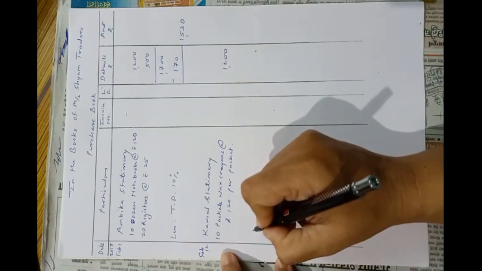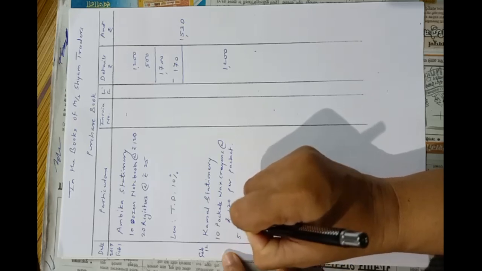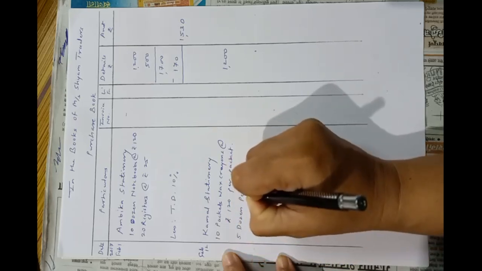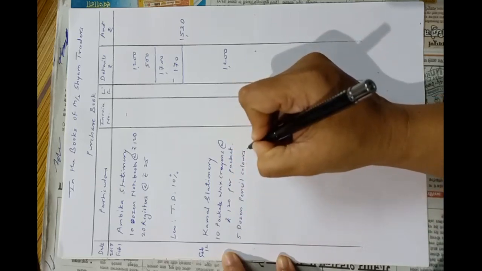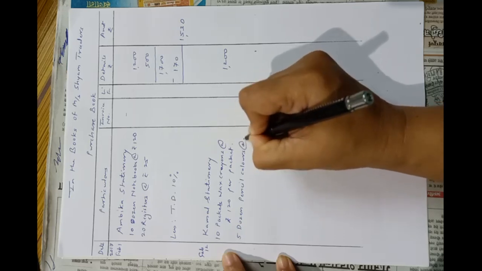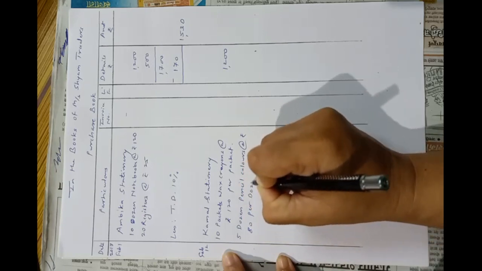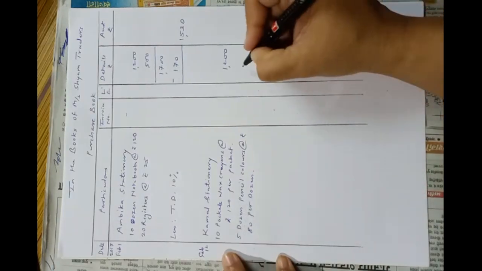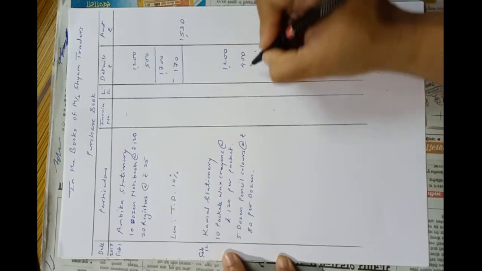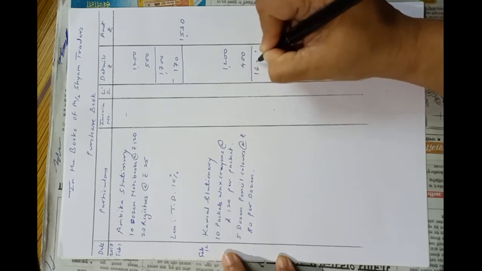Now next transaction is 5 dozen pencil colors. Pencil colors at rupees 80 per dozen. So 80 into 5, it will be 400 rupees. Now we will add this, it will be 1600,